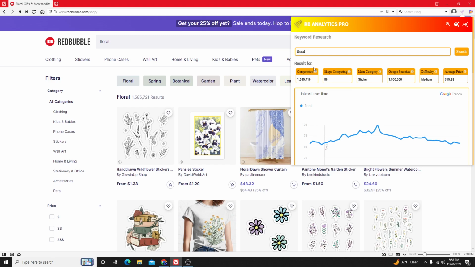So now we have a general competition about how difficult it is, and I can tell you it's at about a medium difficulty. Now, if you're not sure what the difficulty is, you look over here and it tells you medium difficulty. There's low difficulty, medium, or high. The reason why I would say this is medium is although it has lots and lots of competition, right, in terms of the number of art pieces, and it will be hard to rank up, there's only 89 shops competing,